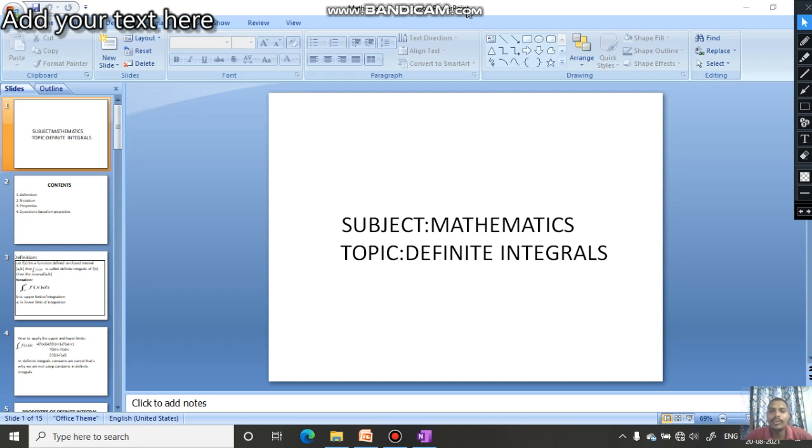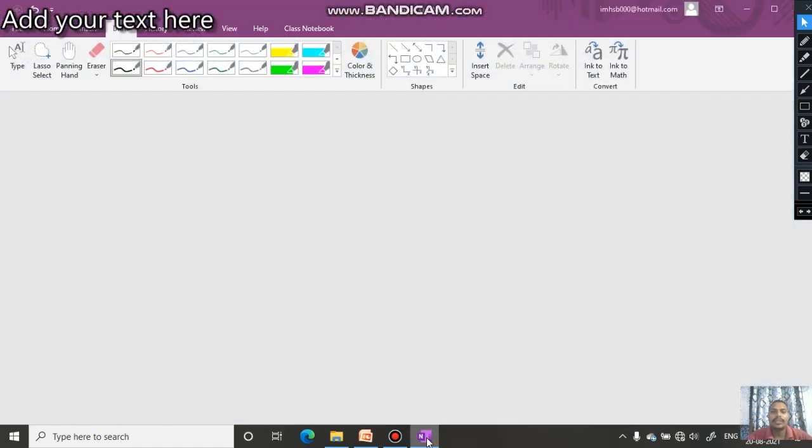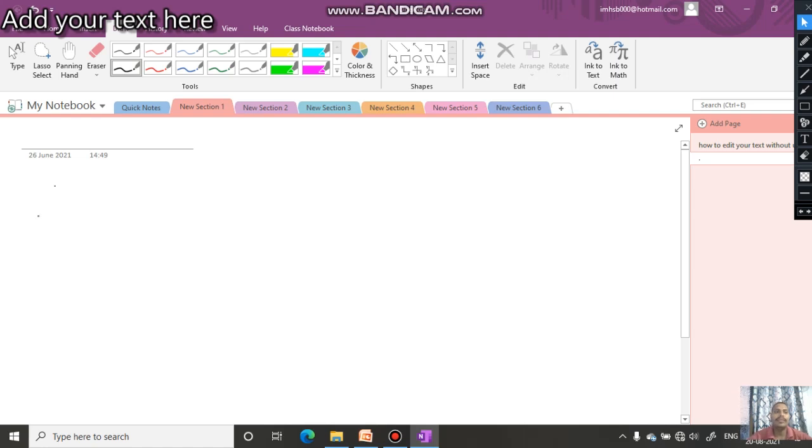So today we are going to discuss mathematics and the topic definite integrals. Why are we going to discuss definite integrals, when we also have indefinite integrals? For clearing the concept, if we want to find the area of